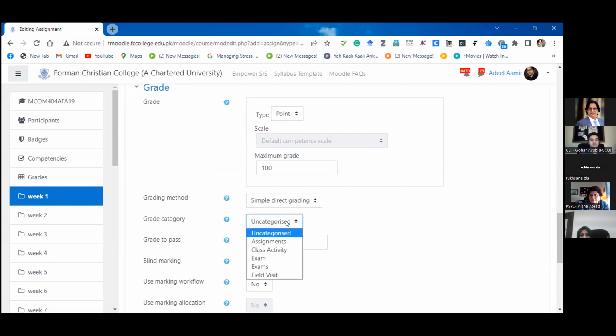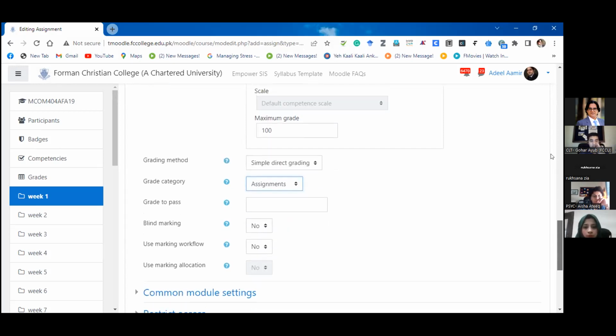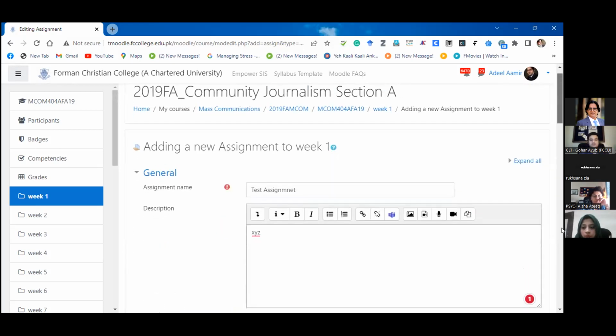Remember, previously we created certain categories in our grade book. So when you add any graded item in your course on Moodle, those categories which you have previously created will show up under the grade category. Because this is a graded item in your course, you want to put it under assignments. So in that way, this test assignment